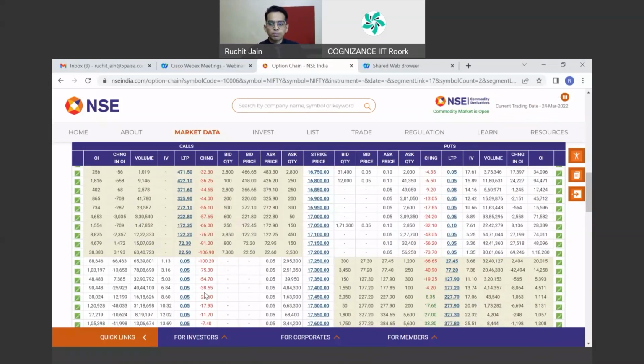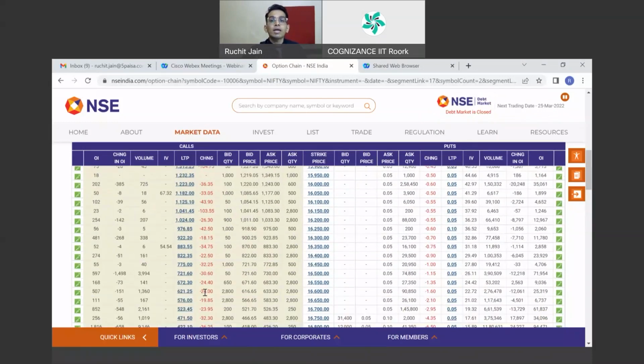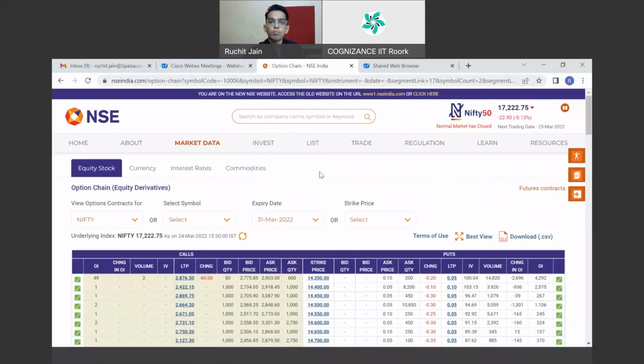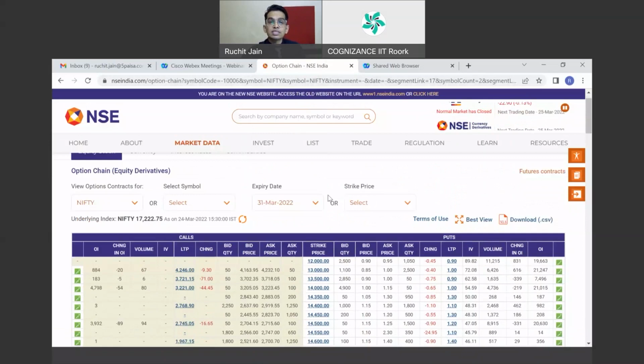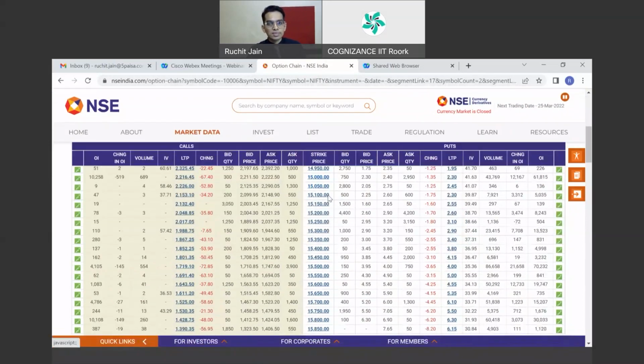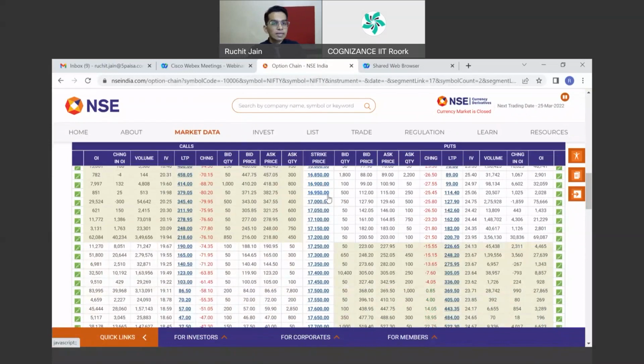So I hope you are clear that option buyers can look for buying options where the premium is relatively less, but you should not go very far out of the money. You should not trade very far out of the money, because the farther you go out of the money, the chances of that strike price becoming in the money or at the money is less. And if that does not become in the money till expiry, then the premiums will become zero, and all those who have bought those options, the entire premium which they have paid will be their loss. And whose profit will it be?